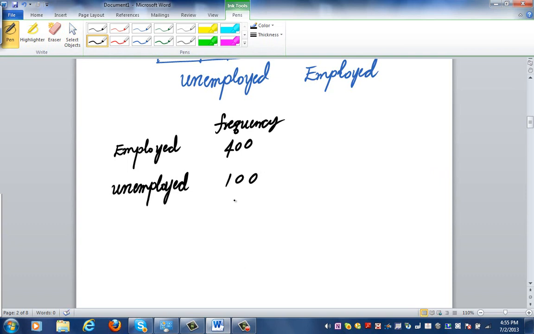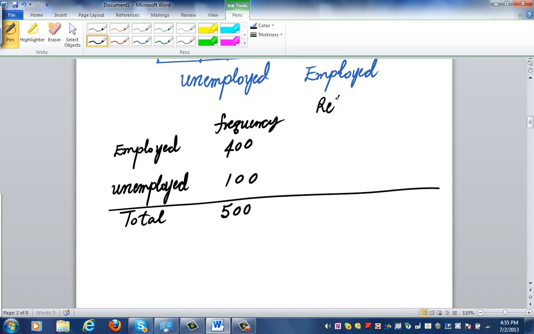And the total frequency is of course the sample size, so the total here being 500. And then I have relative frequency,